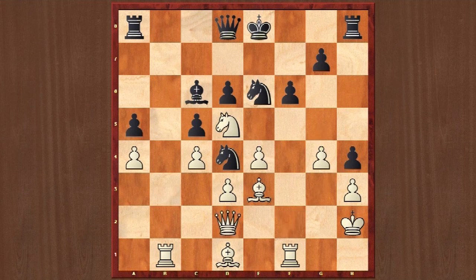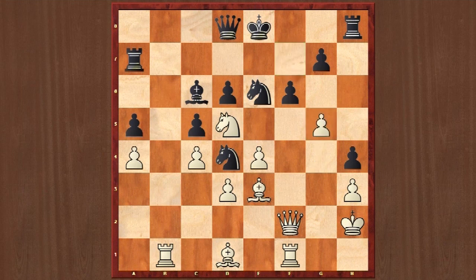But here it's even better for white to play g5 immediately and open this f-file. But Botvinnik chose to go safer. Black plays rook a7, defending this f7 square. But this move is useless because white is still able to play g5. Black cannot hit with this f-pawn because white can play bishop d4, and black cannot hit with the knight because